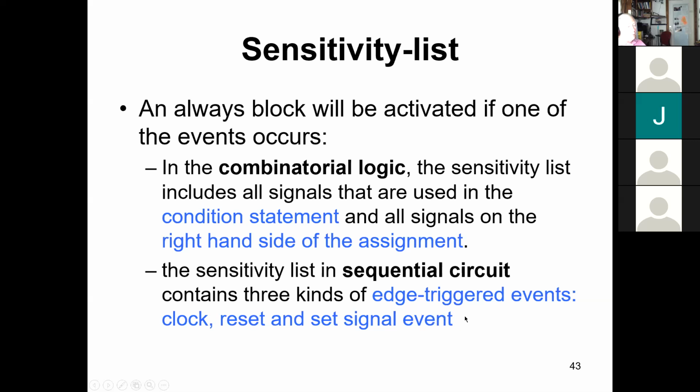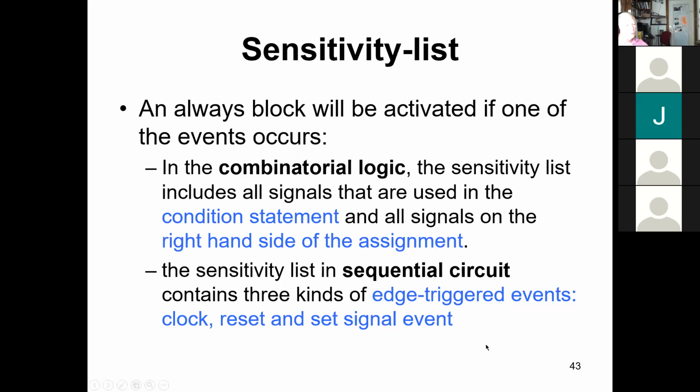Again, in Vivado, you can't mix edge and level signals in the sensitivity list. I don't know about in Cadence. I think you probably can in Cadence. I don't actually know because I haven't used Cadence. But when you're making an integrated circuit, there's no reason why you wouldn't necessarily. There might be a case where you would want to do this and have these signals mixed. And I think Cadence will let you do that. But in